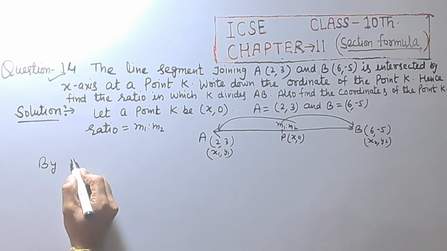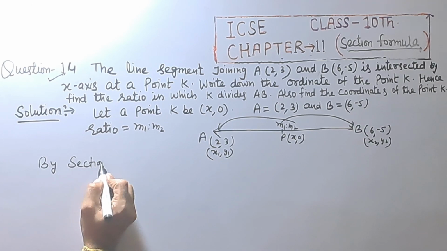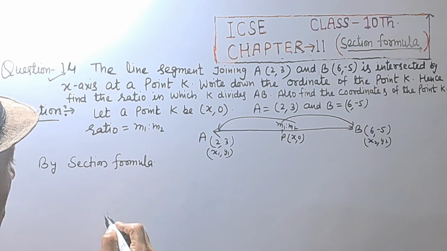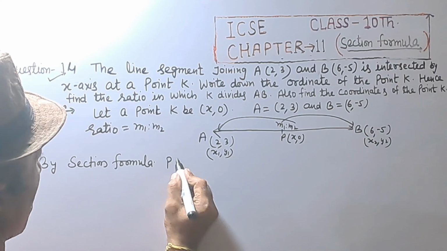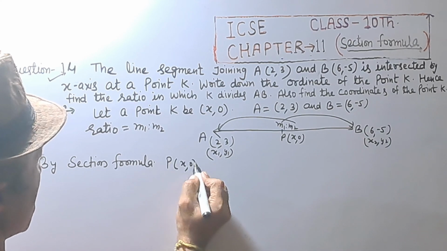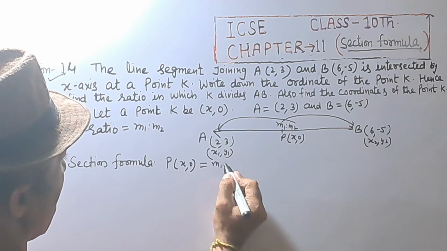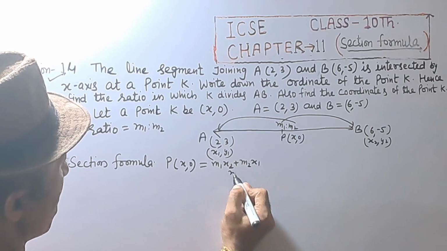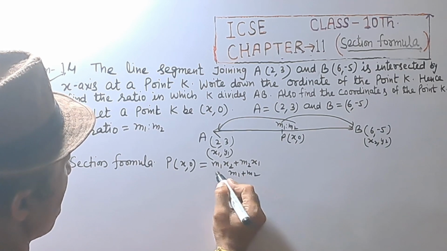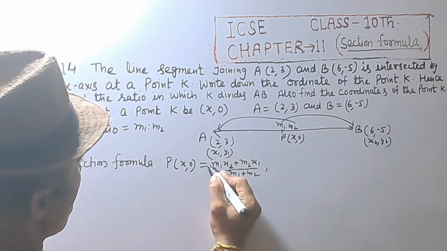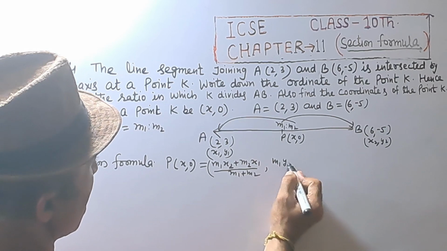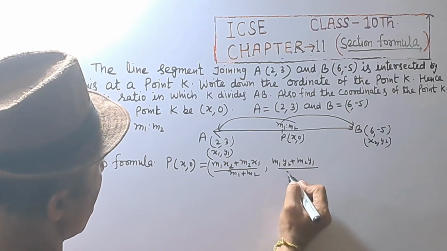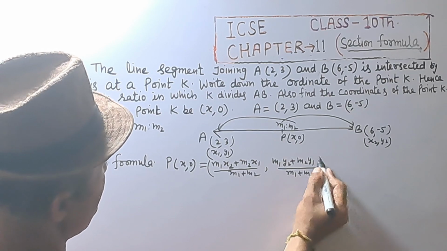By section formula, point P (x, 0) is equal to (M1 x2 plus M2 x1) upon (M1 plus M2), comma, (M1 y2 plus M2 y1) divided by (M1 plus M2),